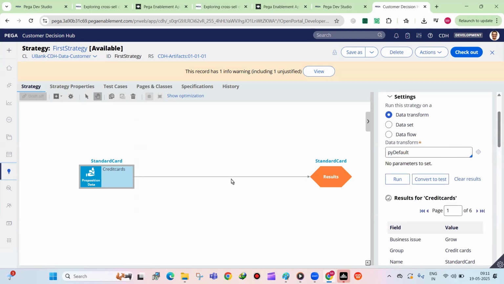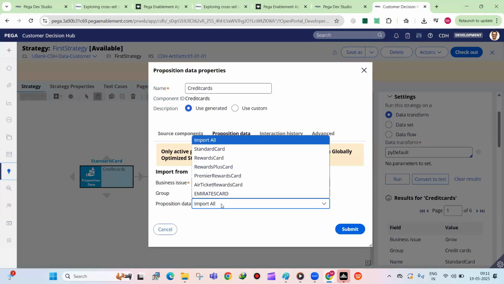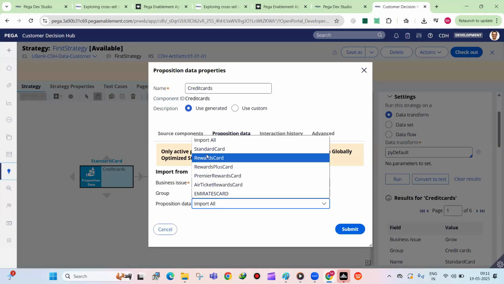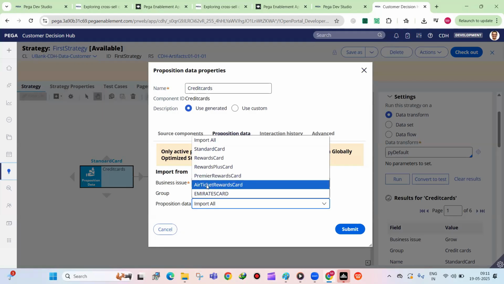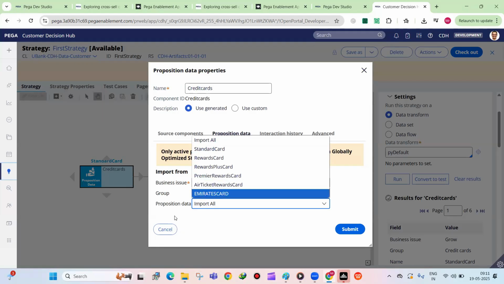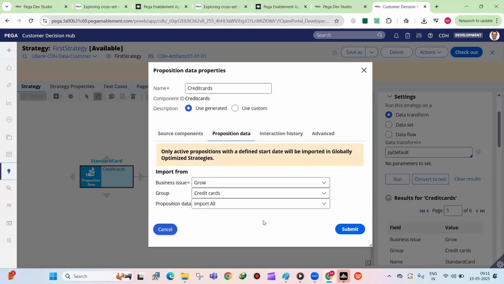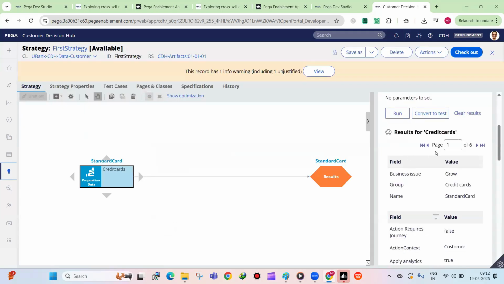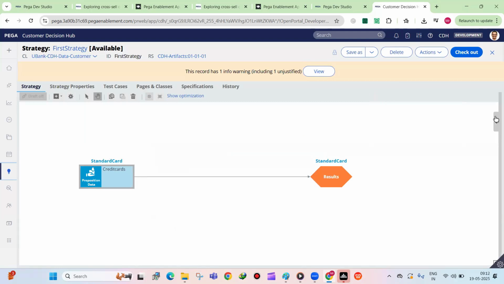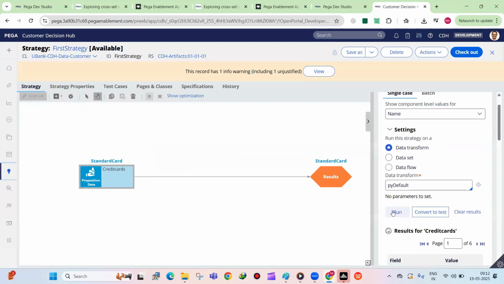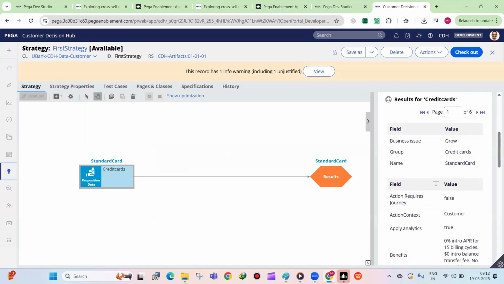Now, if you see, I did not keep any logic. I just simply imported my propositions and sent them to the results. I have 6 propositions. Already in our sample application, four credit cards are there. Then while bulk uploading, I imported 2 more. So in total 6 propositions, 6 credit cards. All the 6 are being sent as the strategy output. This is where you can see the strategy output. I clicked on this icon and clicked on the run button. Then I can see the strategy is giving